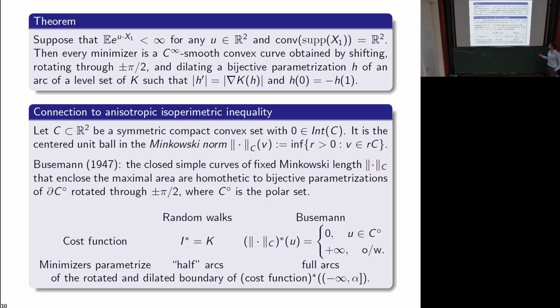For Busemann, we parameterize the whole boundary, and for random walks, we parameterize a certain half boundary, a certain arc of the boundary, because this is an isoperimetric problem for convex hulls. Okay, perhaps it's a good time to stop, and thank you for